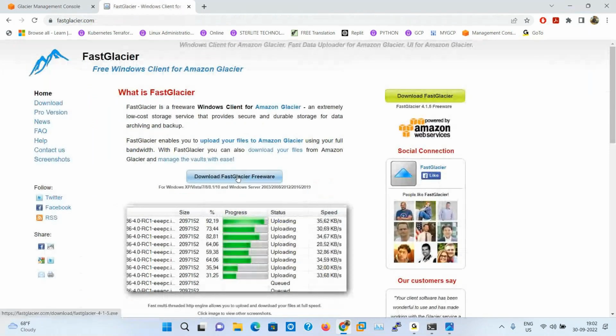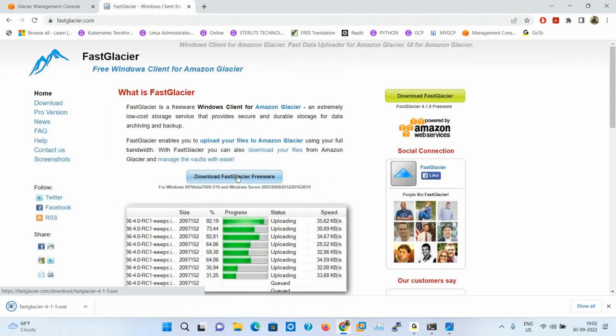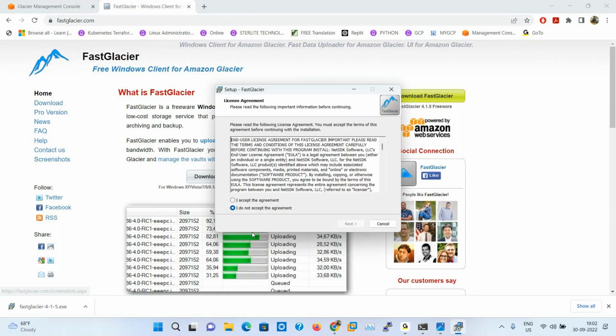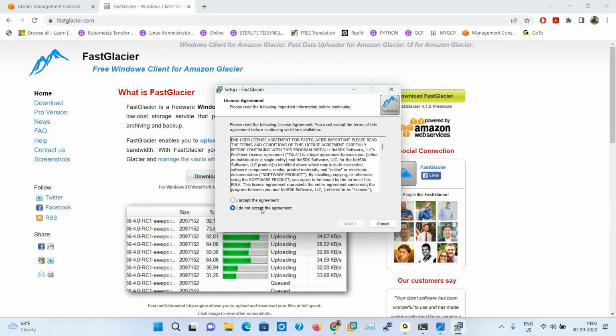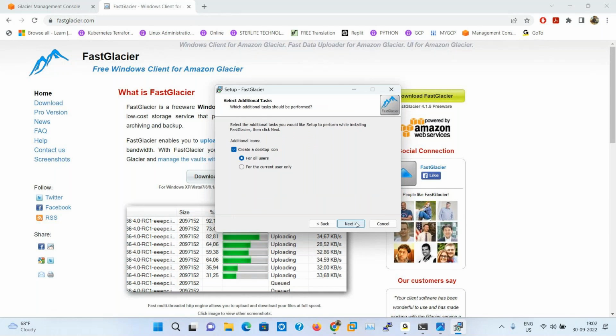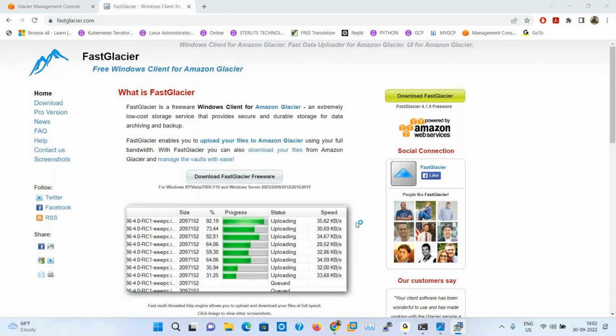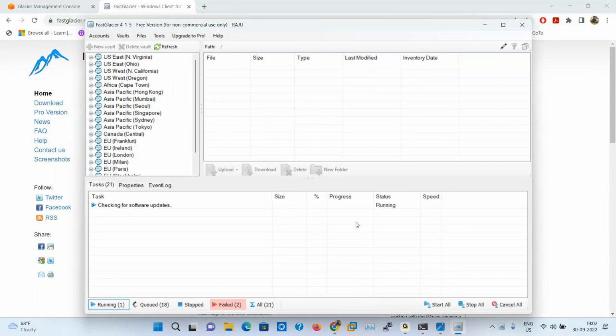Download Fast Glacier, then install it first. Accept the license, next, finish. After that we need to add the account.